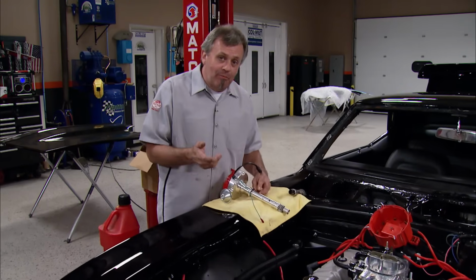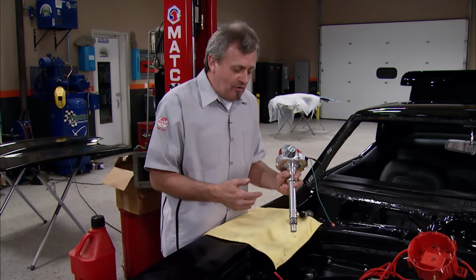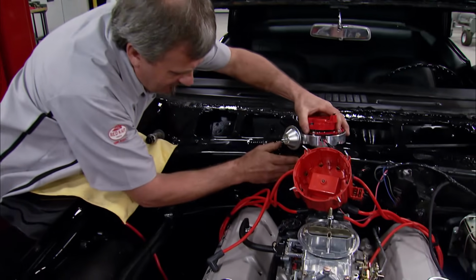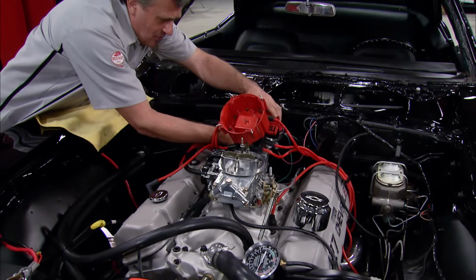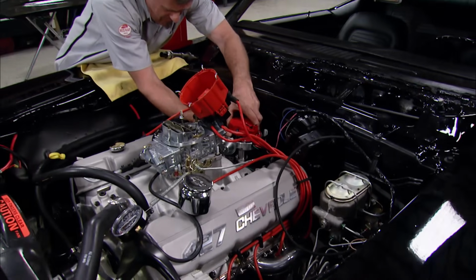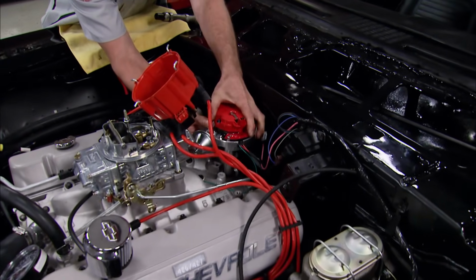Now, when putting the distributor back in the motor, there's a certain area that most guys want number 1 to be, first for them to remember positioning and also to get the firing order correct. So what we'll do is drop it in the back to see if it will go, in fact, all the way in where we'd like it to be. If it doesn't, which it doesn't seem like it's going to do by turning the gear, we'll pull it back out,